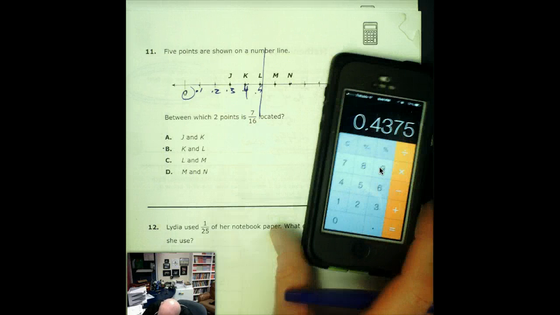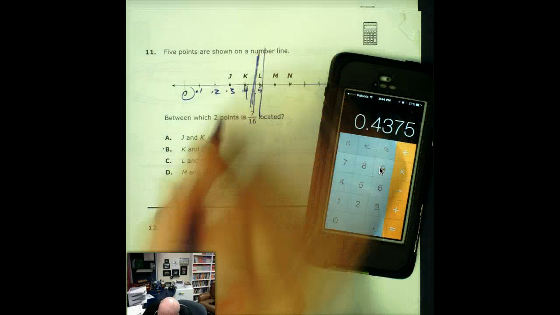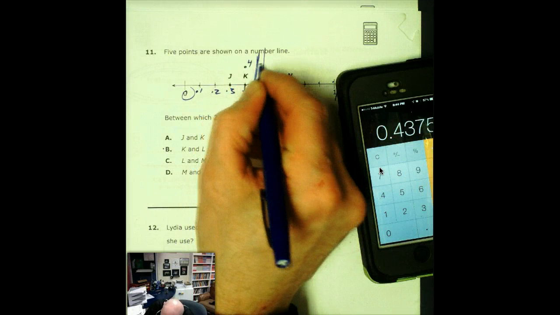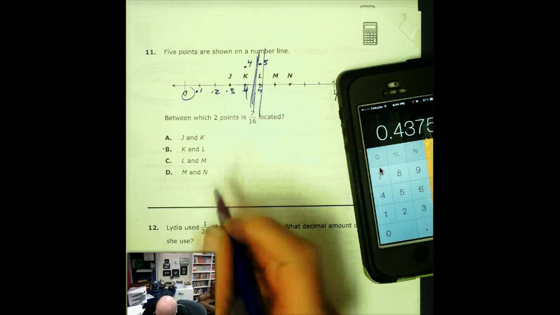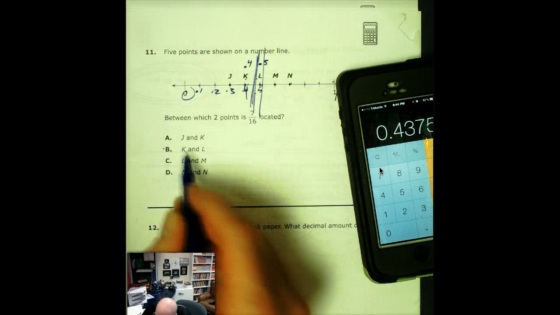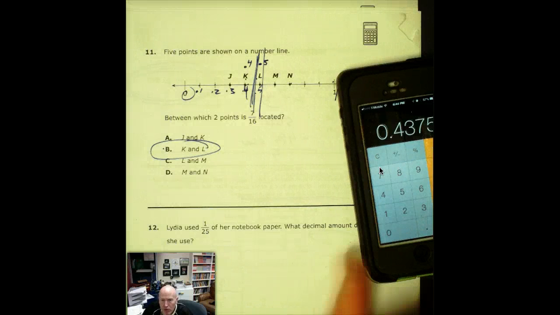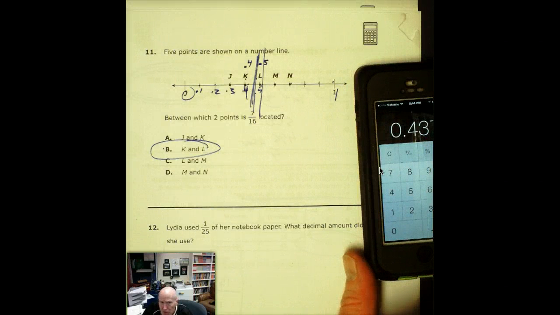So that's going to be somewhere right in here, in between 0.4 and 0.5. So that's going to be in between K and L. In between K and L. Okay? I make it look simple, don't I? Yeah. Just some real simple things. Determine the